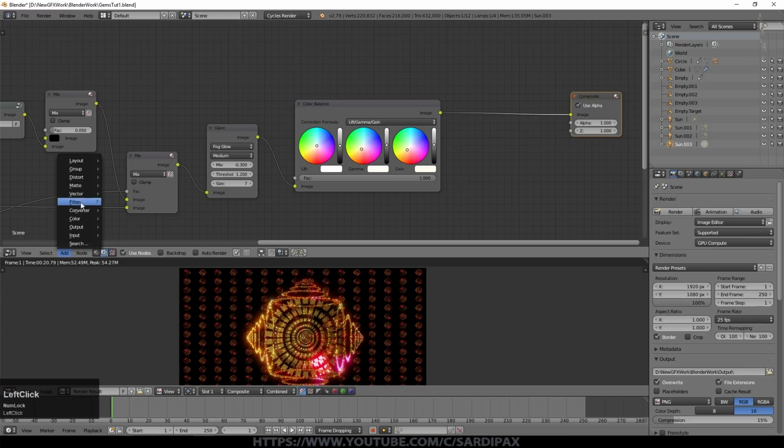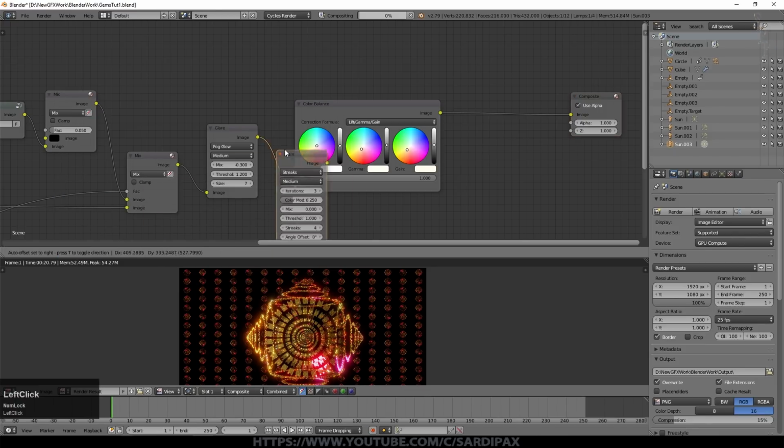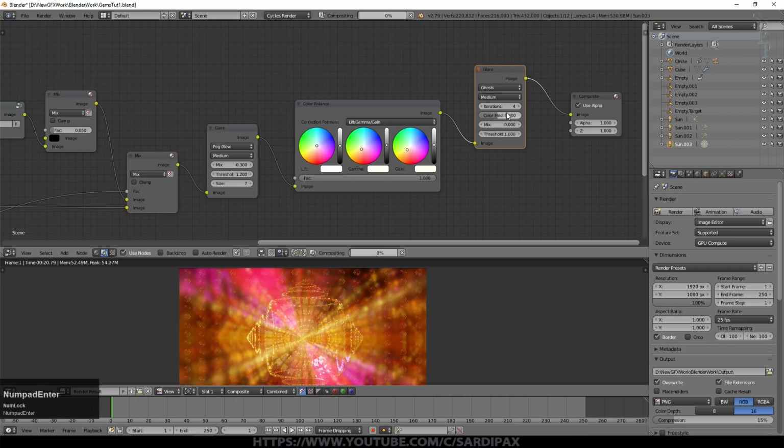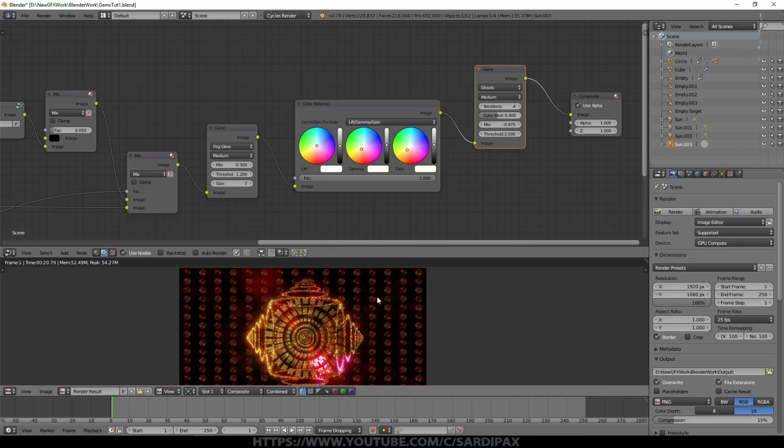Then add another filter, which is also a glare filter, but set this one to ghosts. I set it to 4 iterations, color modulation of about 0.4, mix about -0.975, and the threshold of about 3.5. You can see we get some wild effects while it's doing that. And you can just about see we've got some ghosts appearing there.